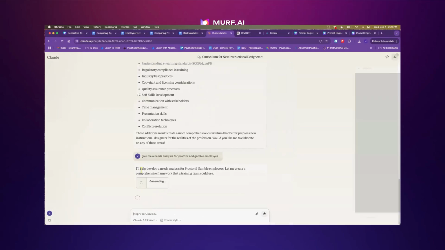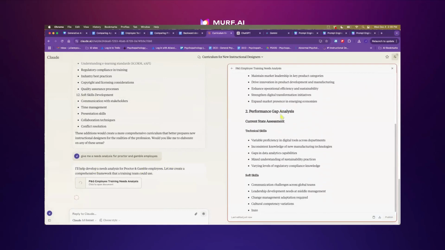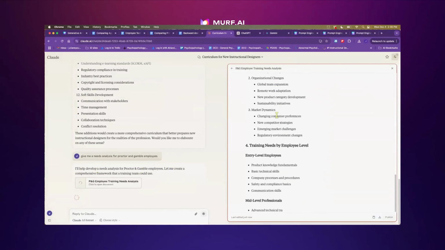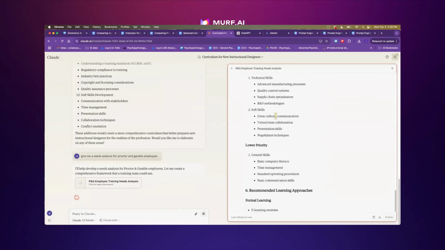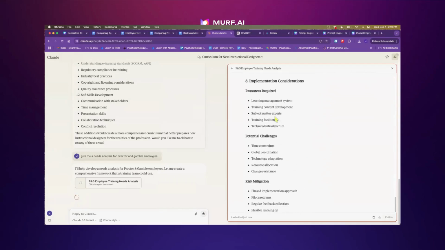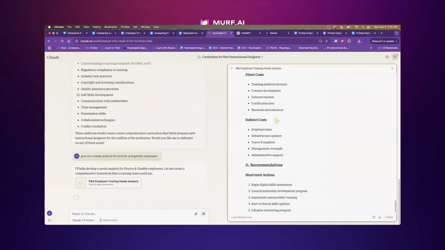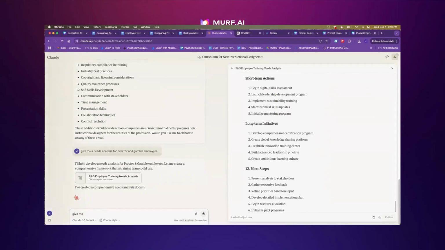All right, so it's telling me basically how I have to do it, and it's pulling all of this information from data it's been trained on. Procter & Gamble is a huge company here in Cincinnati. They make Snuggle, Pampers, all that kind of stuff. So it's going to have a lot of information on Procter & Gamble because people will have fed that information in previously. But if I went with a really small company that it might not know,